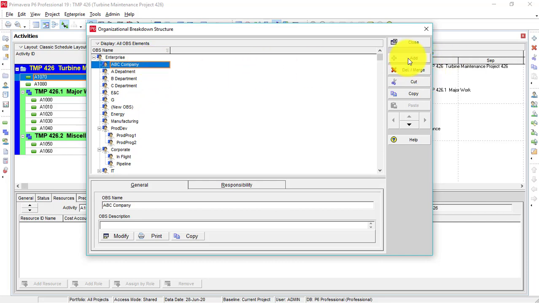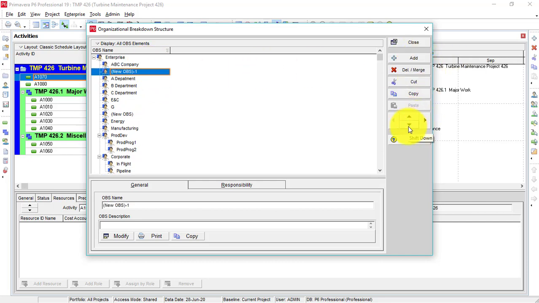Again add, and from here I'm going to move this down. D department. You can add a department here according to your choice and your requirement.